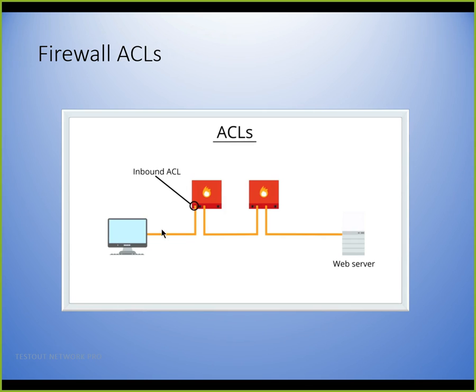We could do that. An inbound list going to the web server, for instance. If we had a web server in the DMZ, and we're going to talk about DMZs a little bit later, what we would do is permit everybody that's on the internet to get to port 80 and port 443, because we want everybody to be able to get to our web server and be able to buy our products. So we would permit those, and then we would not allow all of the other